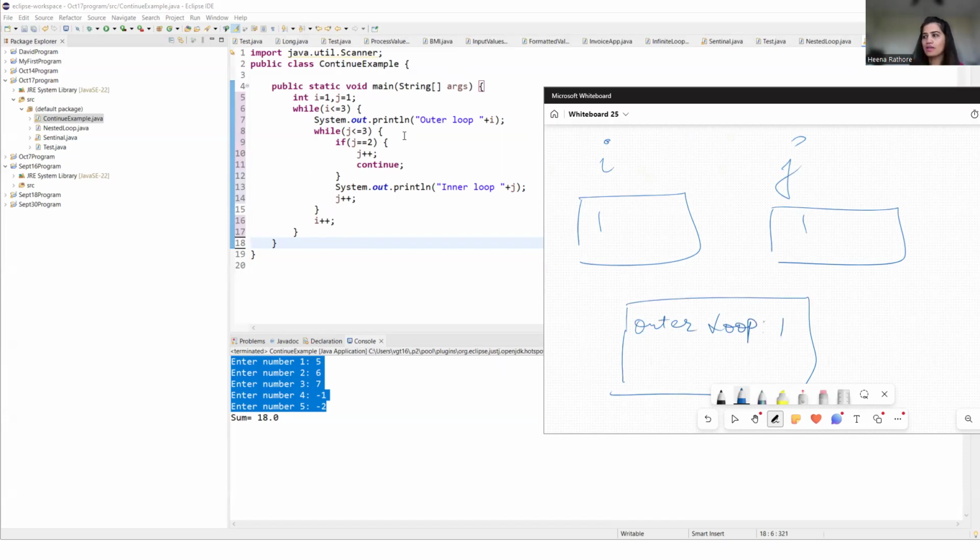So according to line number 7, 1 is less than equal to 3. So you will go inside the loop and you will print outer loop i value, which is equal to 1. Now you come inside the inner loop. Now you will check whether j value is less than equal to 3. So 1 is less than equal to 3. Then you will just print the inner loop value, which is inner loop, and j value, which is